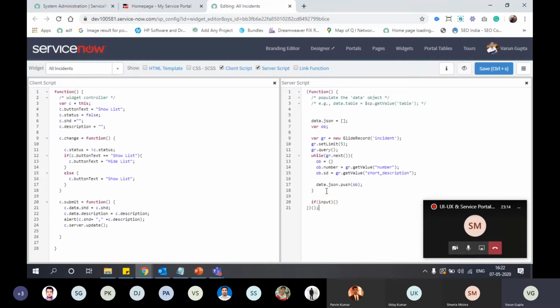So I am writing if input, if we are having any input from client side, this if statement will work.